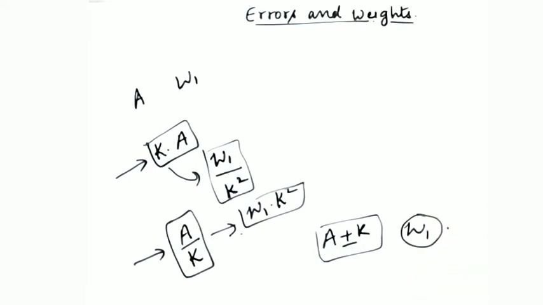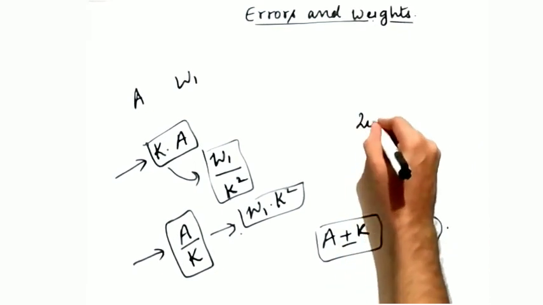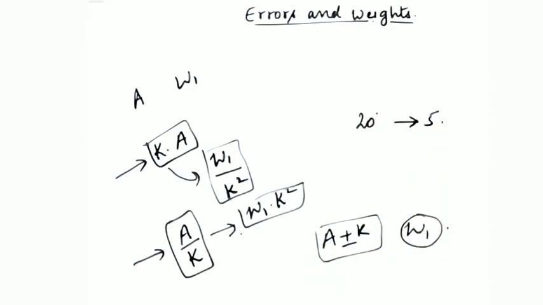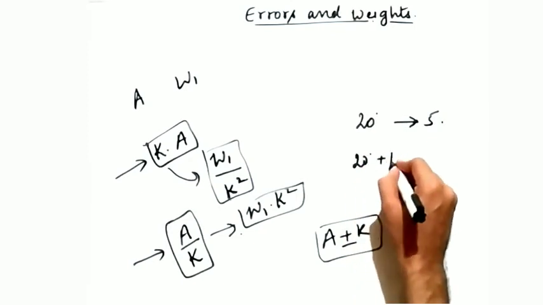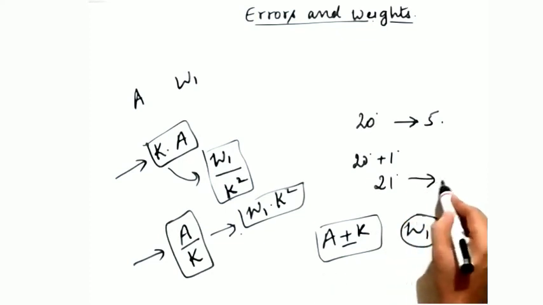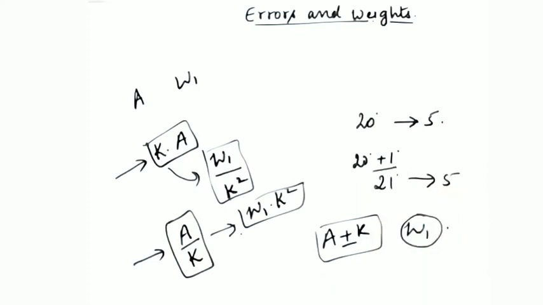If I say that I have measured an angle and it is 20 degree. Suppose the weight of this angle is 5. Now suppose I add 1 degree to this, then what will be the weight of 21 degree? Then the weight will remain the same since I have only added it. If I divide or multiply it by something, then there would be the propagation of error. But addition and subtraction does not lead to any propagation of error.